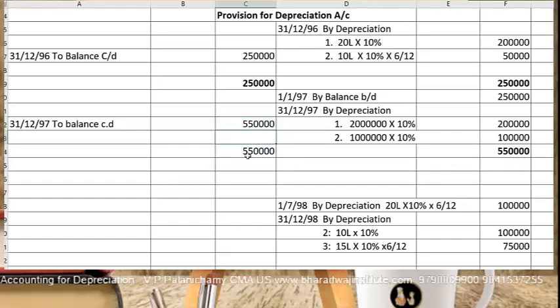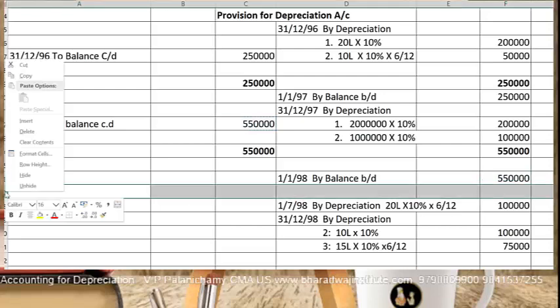It will continue. Next year, 1/1/98, by balance brought down 5,50,000. This accumulated depreciation will come. Then